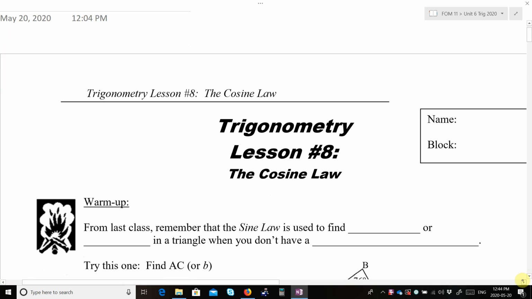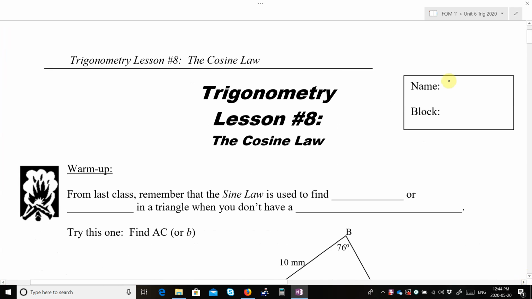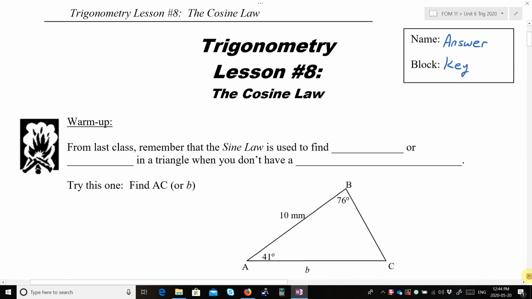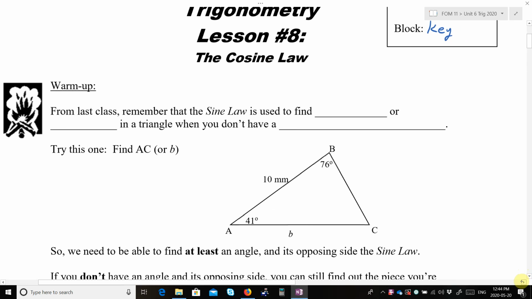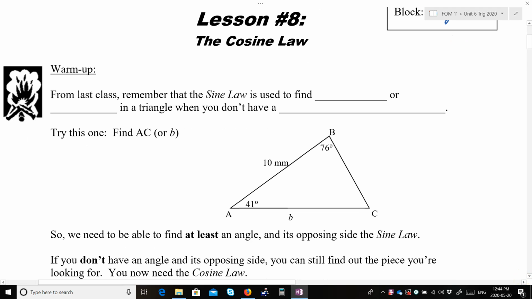Okay, so Trigonometry Lesson 8, the cosine law. I am going to call mine answer key. And as usual, we start with a little warm-up, and it just reviews last lesson, actually. And it says, from last class, remember that the sine law is used to find